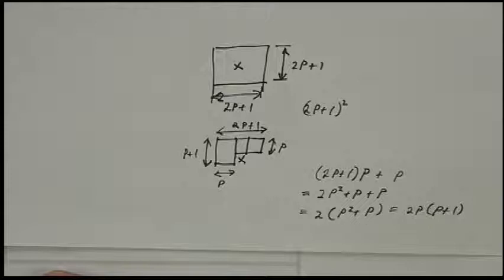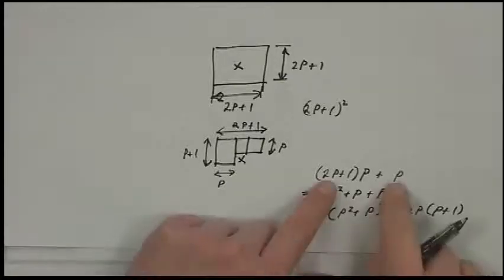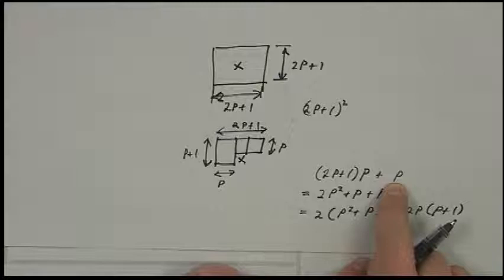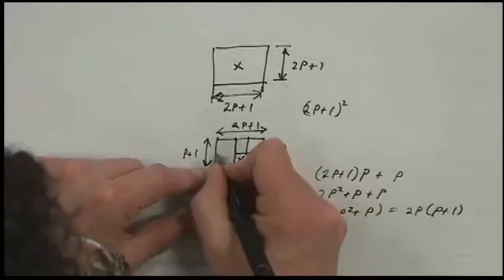Yeah? I don't understand why the second one is p, which is not 2p. Okay, this mean there? Yeah, the diagram or the picture that you draw. Okay, so